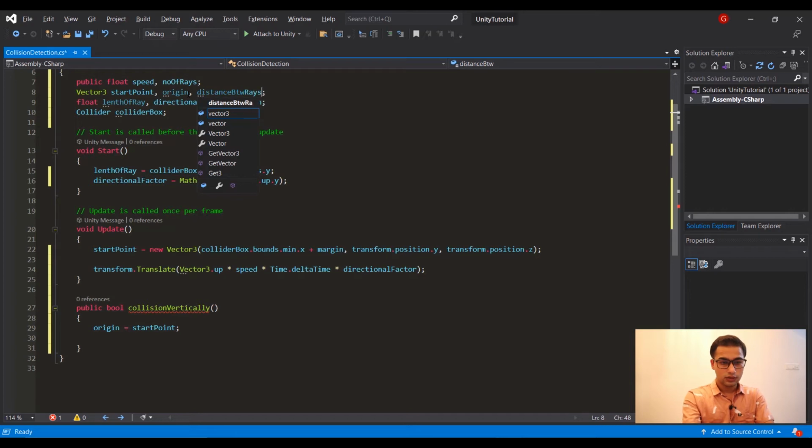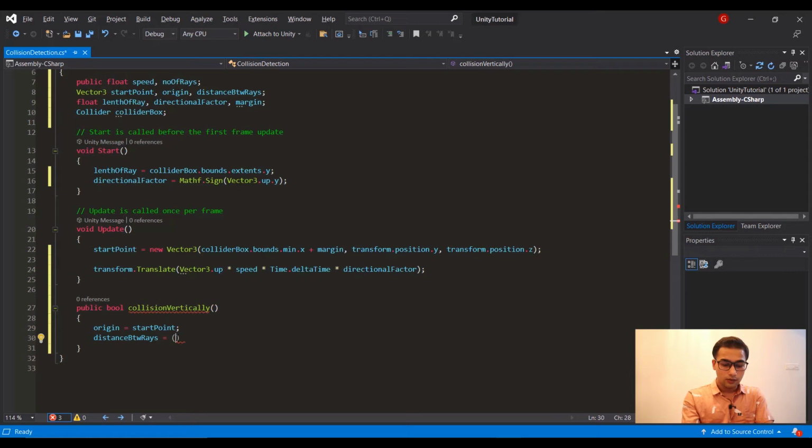Distance between rays equals, so this formula will give the distance between each ray.